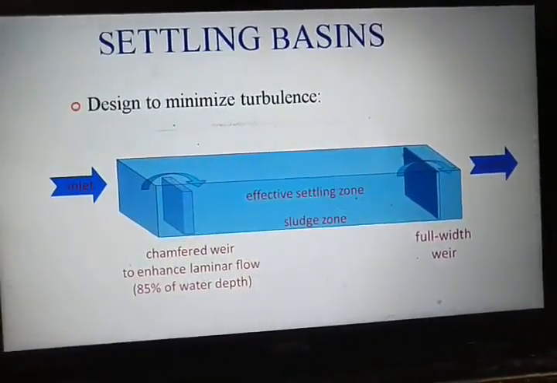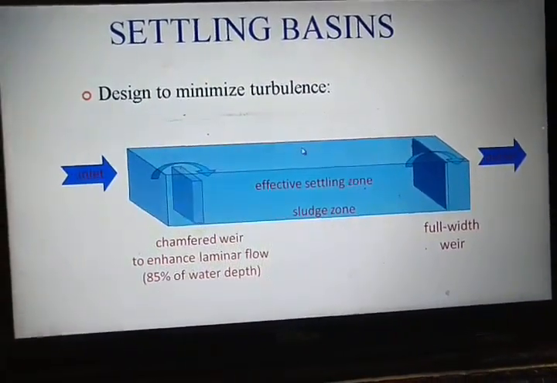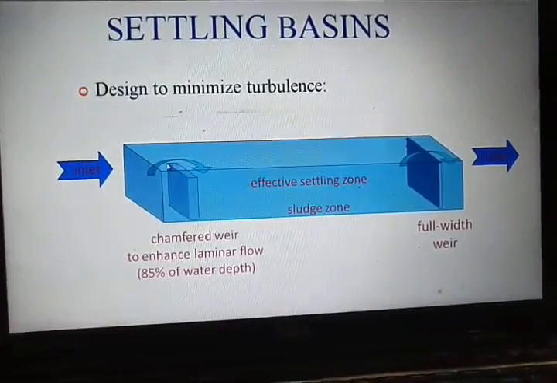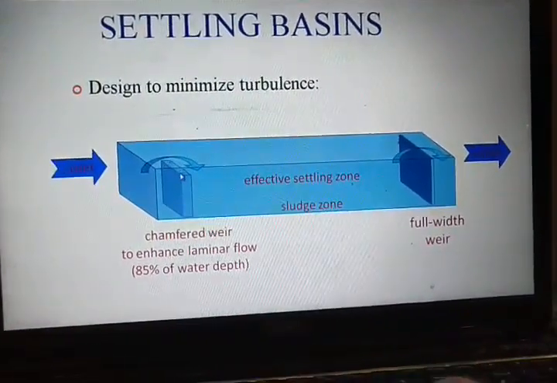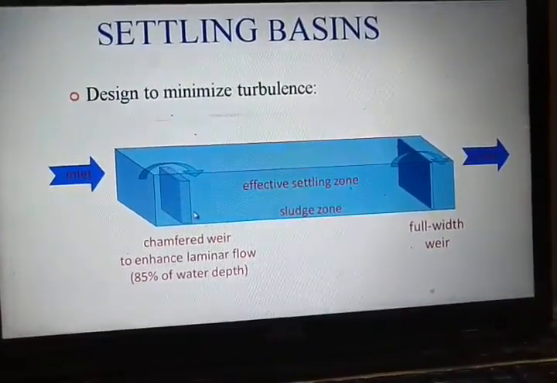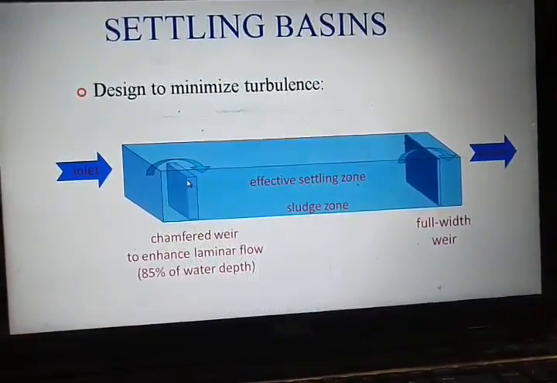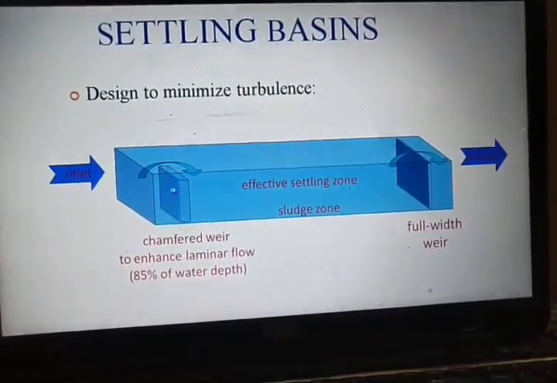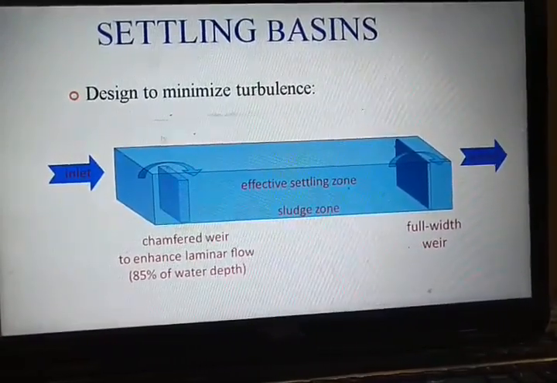See, this is the settling arrangement for the inlet zone which is made here. You can observe there is a chamfered weir which is provided. Okay, the reason for providing this chamfered zone is that we should avoid the turbulence here, because